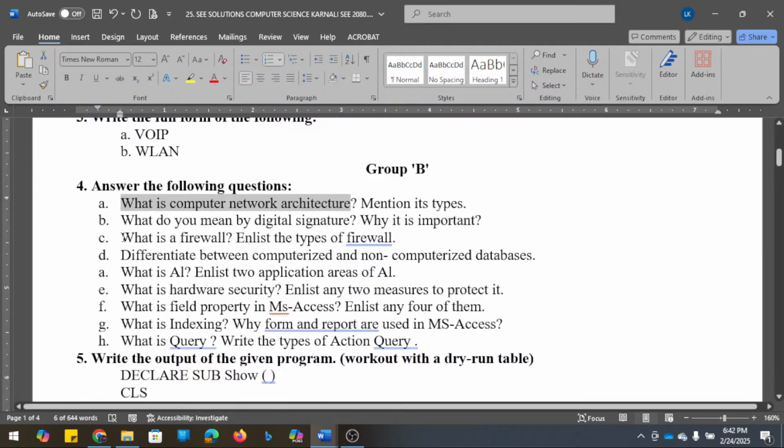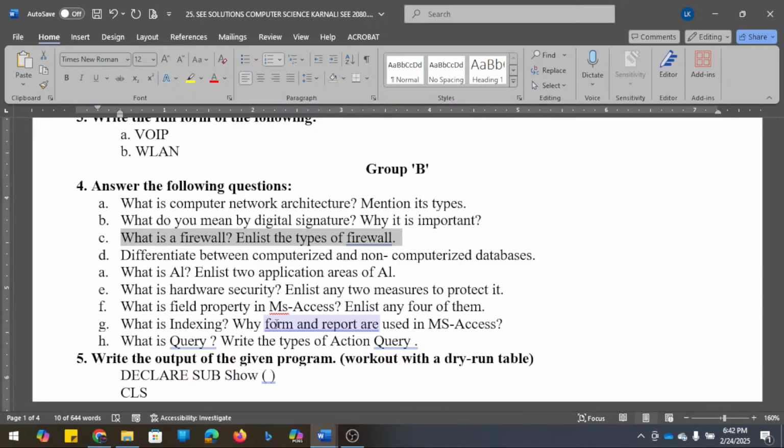Now next we have, what is firewall, types of firewall. So what is the firewall? As the name says, firewall is the security system applied between the users, outsiders, and the insiders to secure the system, to protect the system.